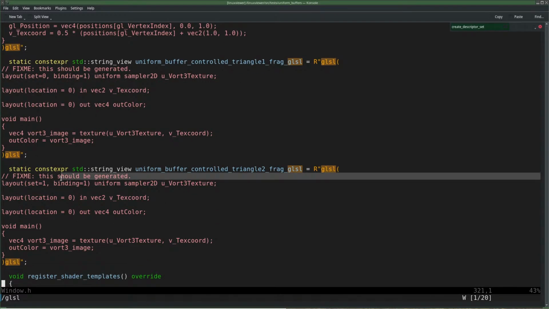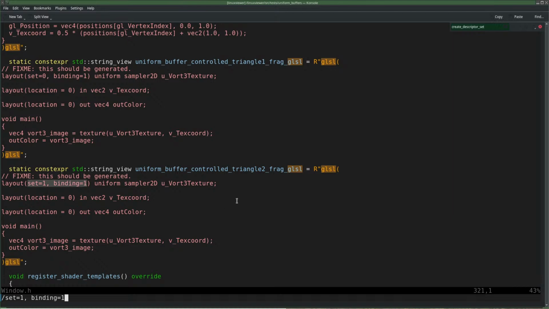There it is, set 1 binding 1. Now the question is, do I have multiple of these things, or this is the only one? That's the only one.